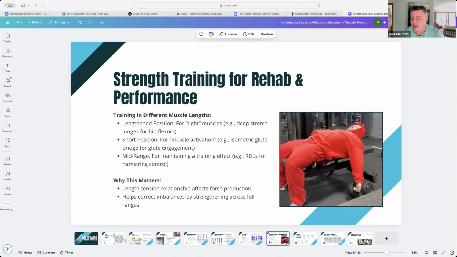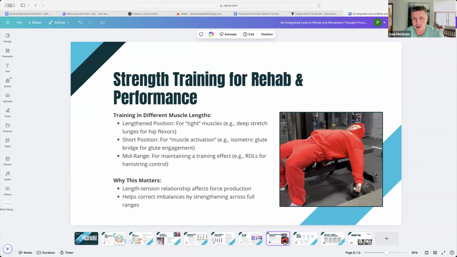You try and put too much stuff in, and what you're doing is you're missing out on one of the most important considerations of program design, which is logistics. Logistics basically means if a client hasn't got the equipment, hasn't got the time, and can't do what they need to do, then they simply won't do the thing. And then that becomes problematic. We could do a whole bunch of stretches, a whole bunch of activation exercises. We need to make sure we address logistics, but also adherence as well.